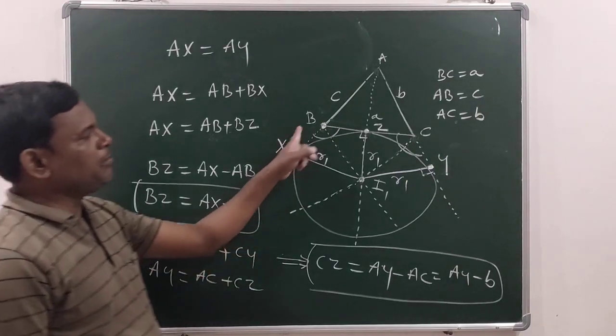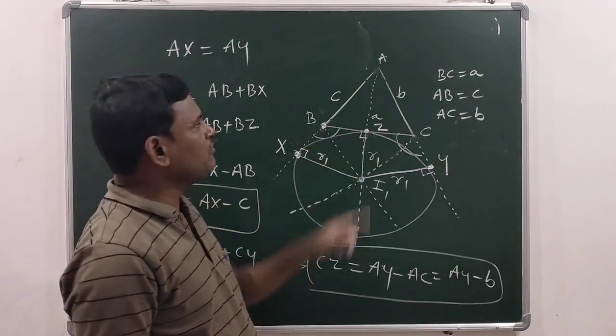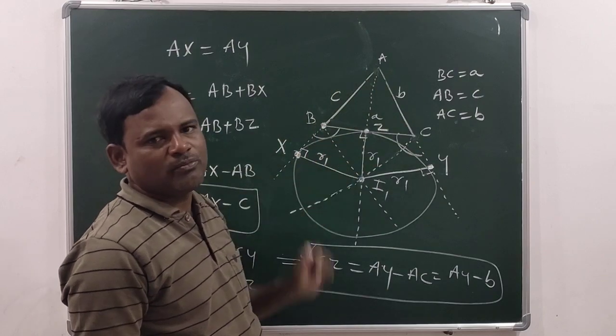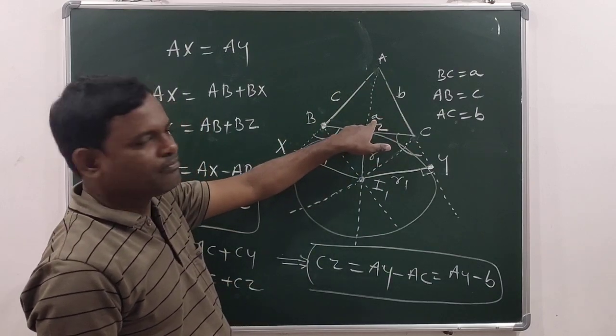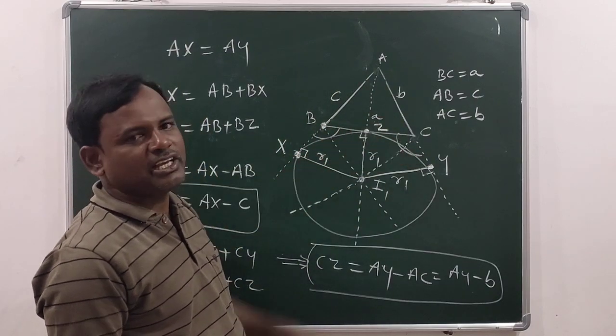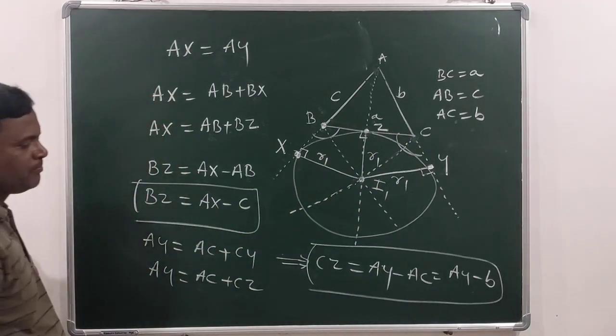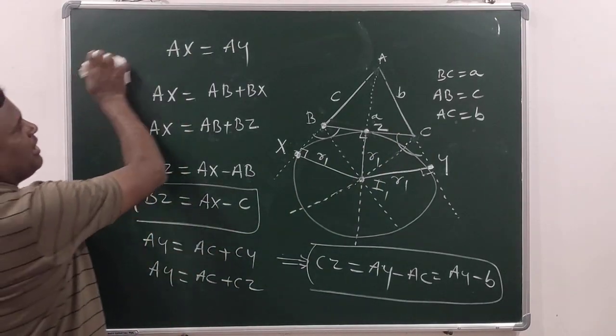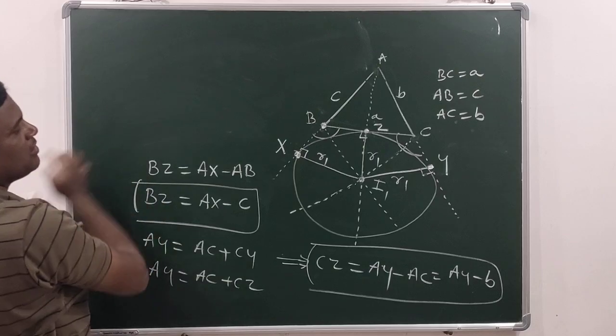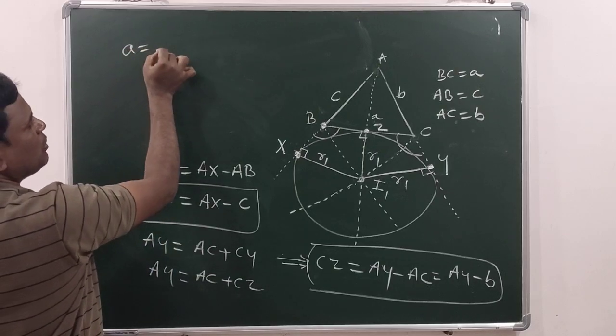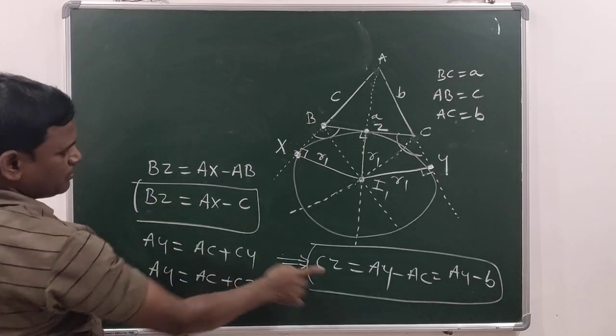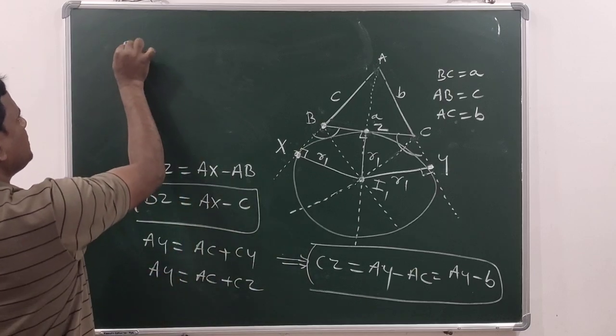Small a. Small a means what here? Length of the side opposite to the vertex here, no? Here small a represents the length of BC. Okay? Right. See here, small a is equal to, add both BZ plus